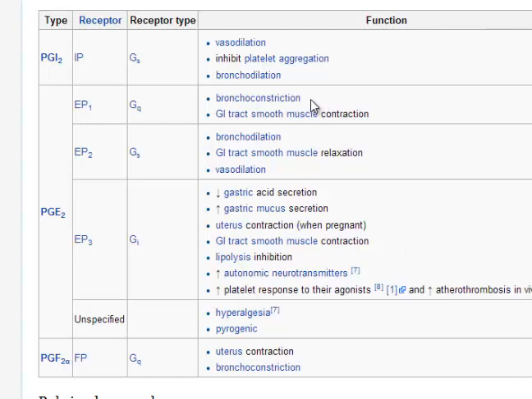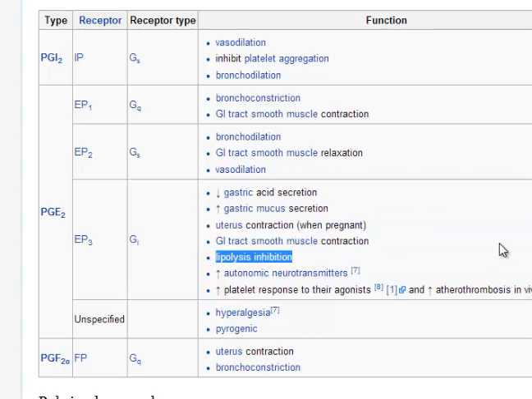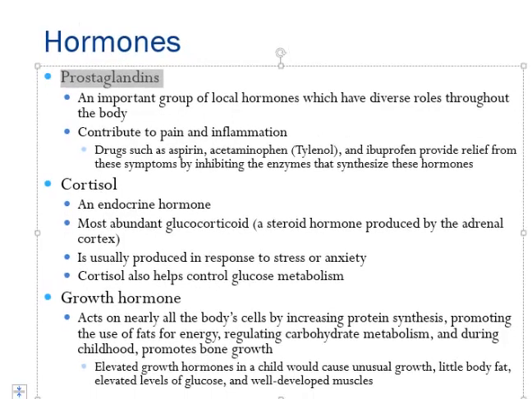For example, bronchoconstriction is a constriction of the bronchial tubes. The GI tract is the gastrointestinal tract. That's the tract where your food gets digested. A lot of these have to do with digesting food, and various functions like lipolysis inhibition, lipolysis being the breaking down of fats. There are just many different functions that these types of hormones